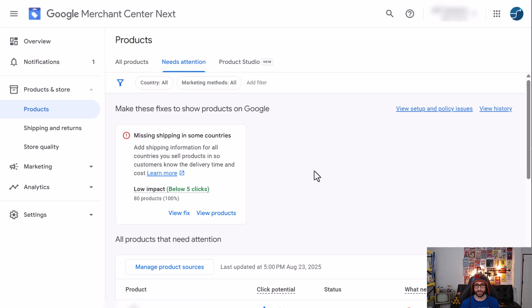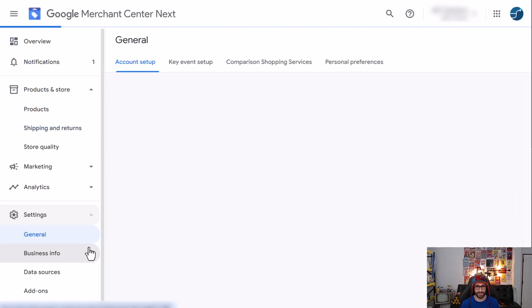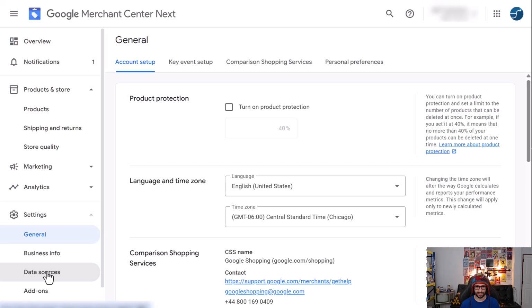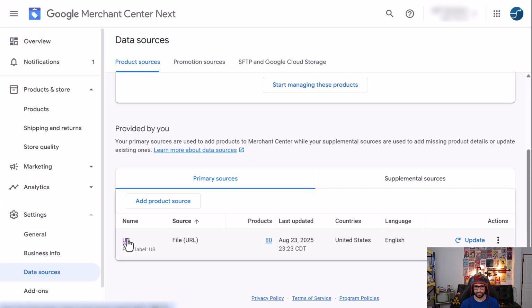Now in certain situations, for example, if you're using the Google and YouTube app and you've accidentally added shipping rates within the feed and you can't remove them, or you're using another data feed app and you can't remove the shipping rates because they're added in the feed, and you want your shipping rates here to apply, what you need to do is go to settings, data sources. If you're using the old UI, the settings will be up here in the top right corner. You go to data sources, and then you select your feed,